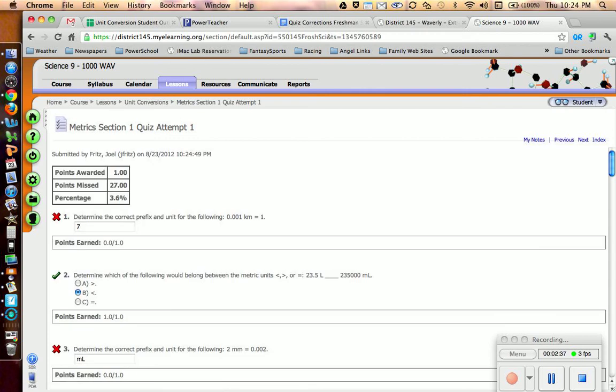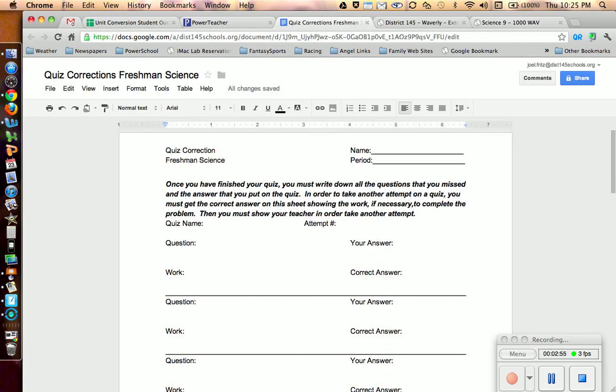You're going to get the answer sheet. Now, it's not going to tell you the correct answer. It's going to tell you what you got right and wrong. If you plan to retake the quiz, and we'll talk about grades you need to get on this here in a second, there's a sheet that all of you need to pick up that will say quiz corrections. So you put the quiz name and which attempt you're on, whether it's attempt 1, 2, 3, maybe 4 if you get that far. You're going to list the question, you're going to put your answer, and then in this space you're going to do the work to get the new correct answer that you're